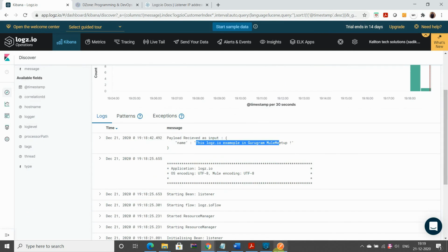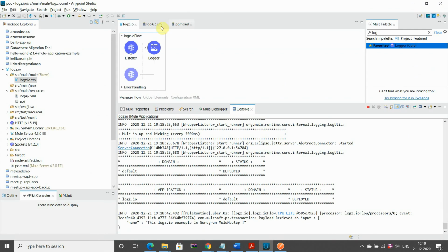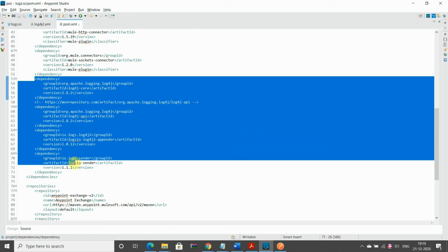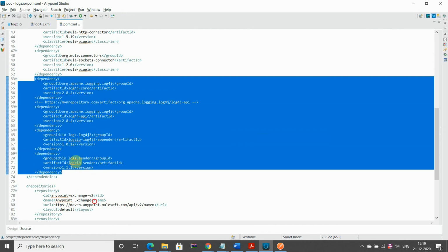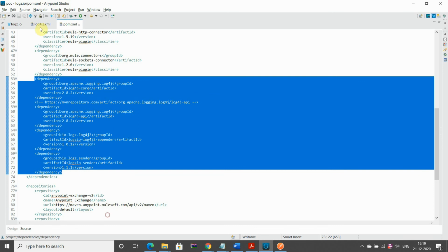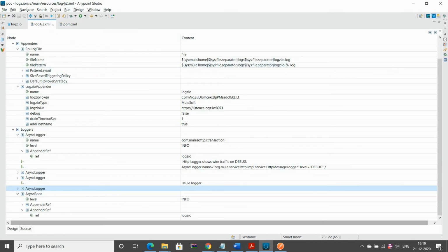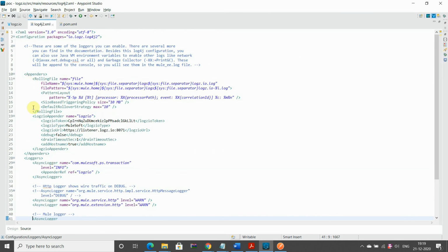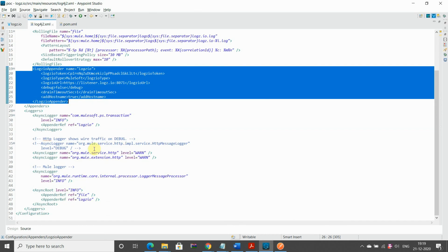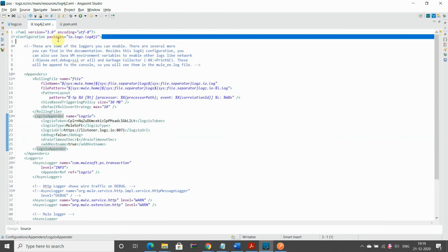This is a simple integration. What I have done, I am repeating once again: this is the pom file configuration, all the four dependencies. Apart from that, I have added the new appender, the logjet appender, and then I have added the package.